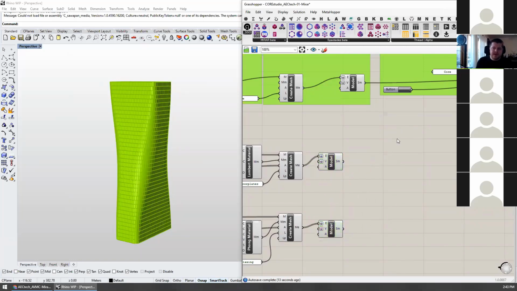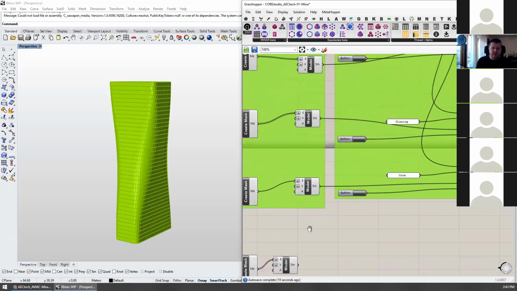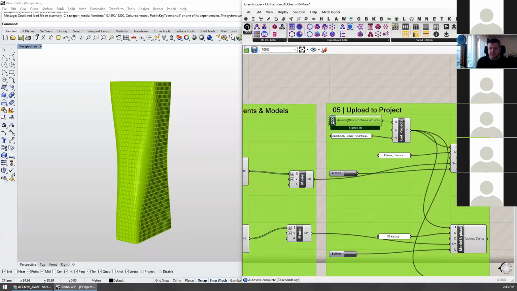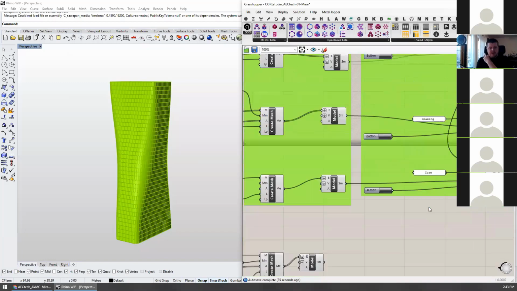But to do that, I'm going to need to do one thing on the website first. So I'll just jump up here to show what we'll be doing, which is accessing our online Mirar model by getting our user that we've created. And we're going to pull down our projects from that model. And then we're going to assign that model and upload it to one of those projects. So to do that,